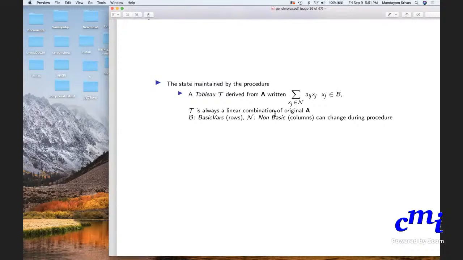Okay, it's a linear combination. And then there are the current basic variables indicated as the rows of the tableau, and the current non-basic